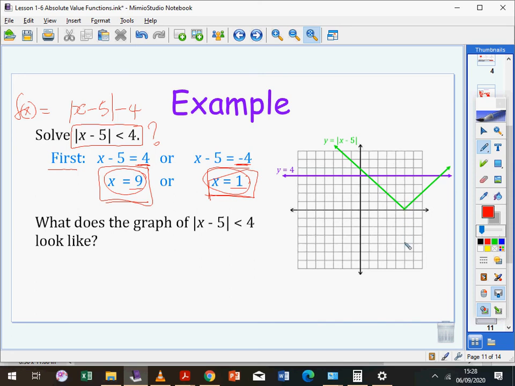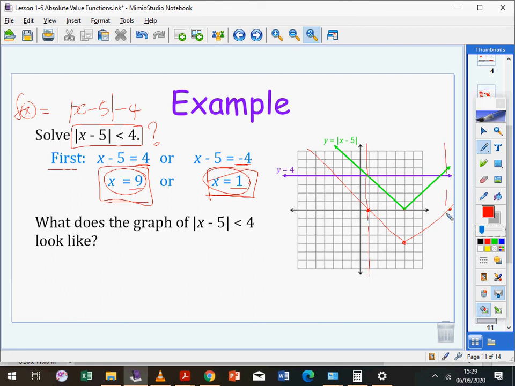So it would have started here, and it would have cut the x-axis at this point, and at 9 somewhere this way. That's what it would have looked like. I'll explain what the green and the purple are in a bit. So if it looks like this, what I'm trying to say now is, ask yourself,